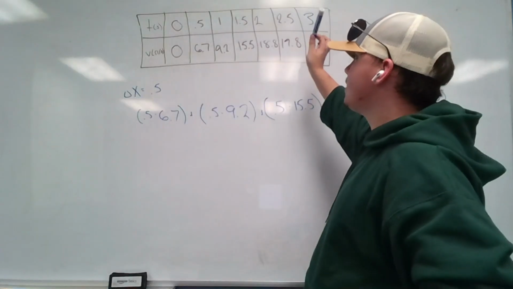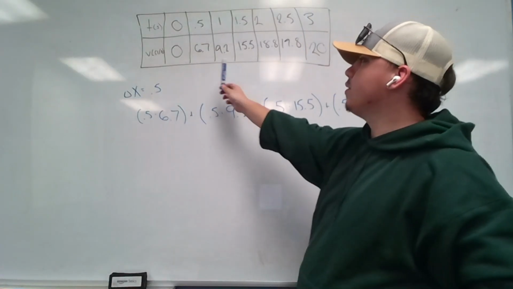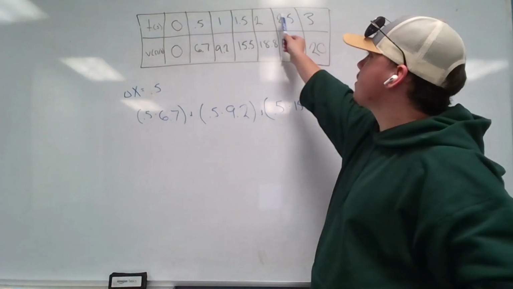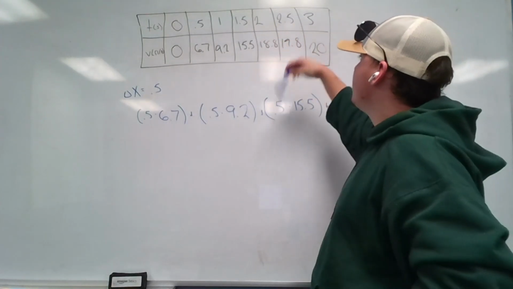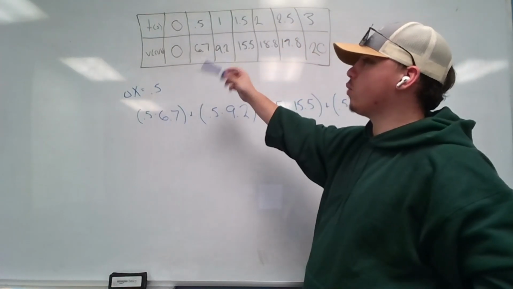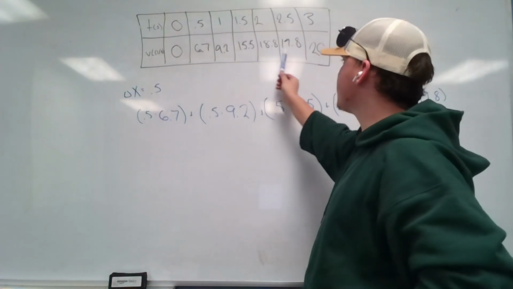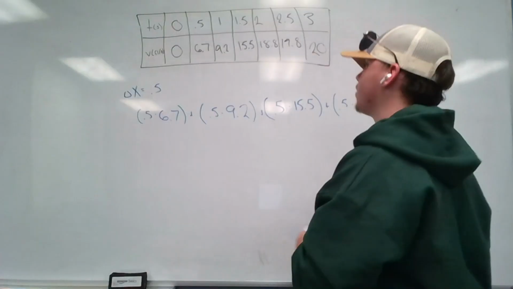Yeah. So the way you do the right hand is you do this one, this one, this one, this one, this one, and this one, each times the change in X. But if you want to do the right hand, I mean the first one was left hand, the next one the right hand, this one, this one, this one, this one, this one, this one. Why? Because if you're on a graph,